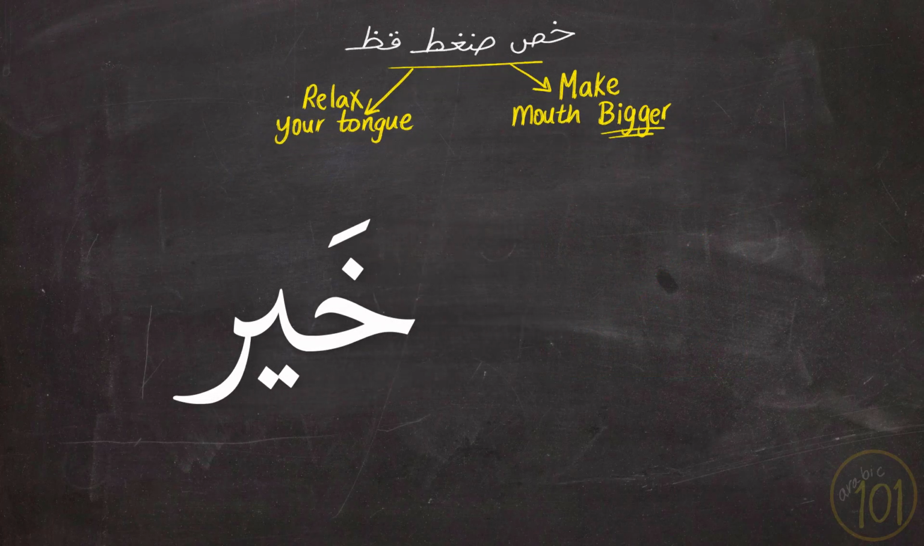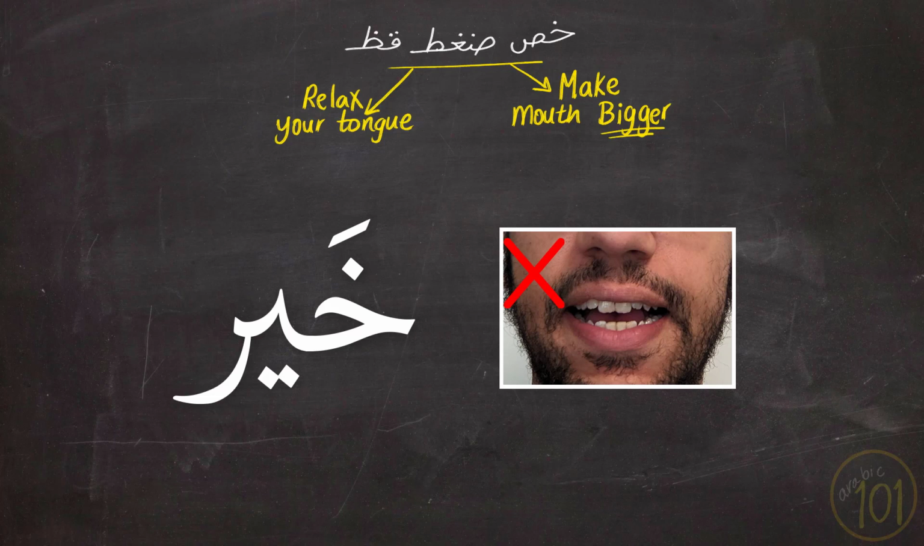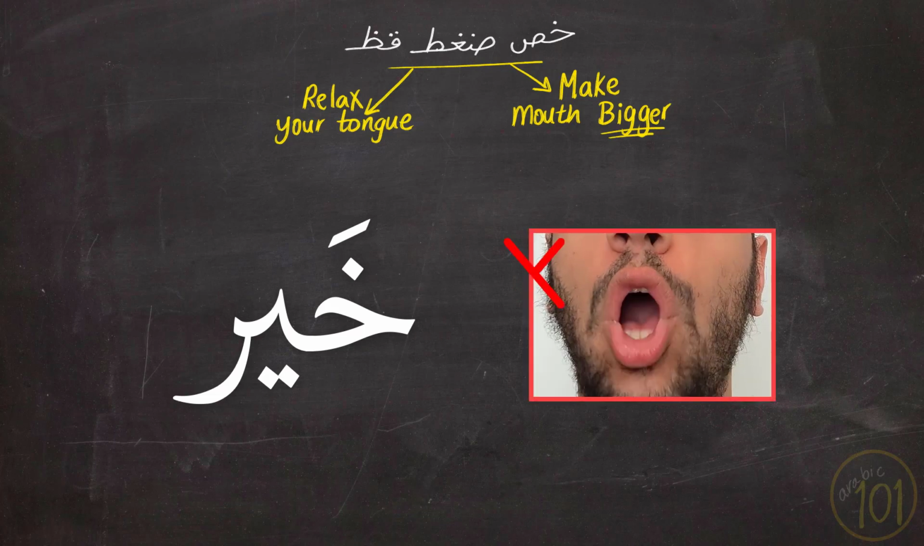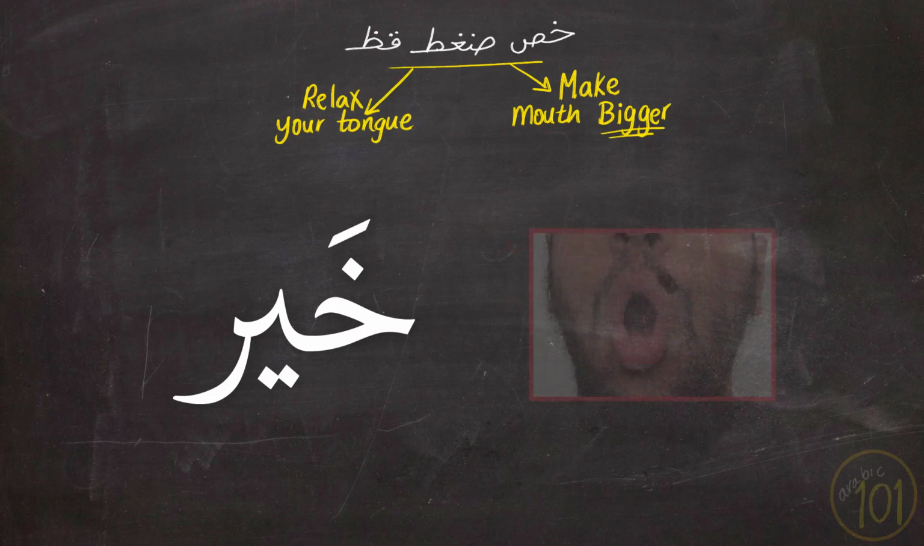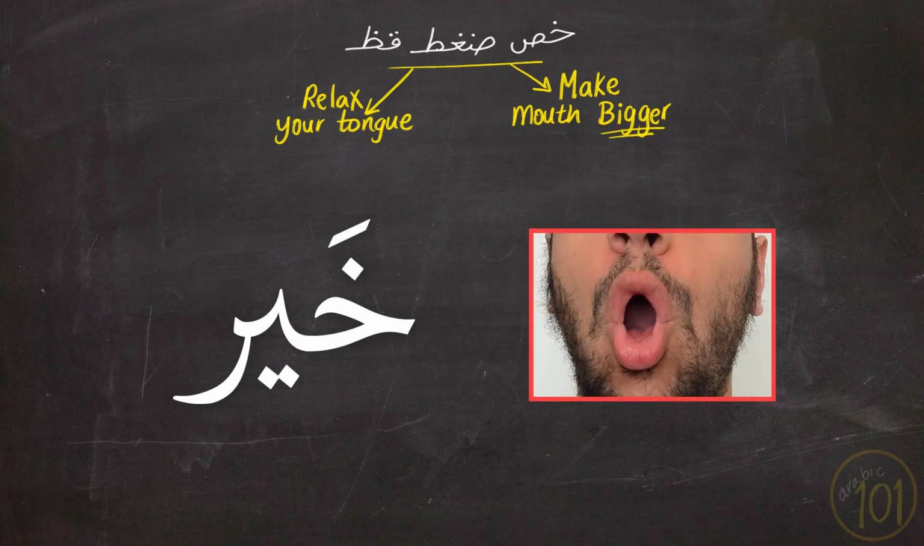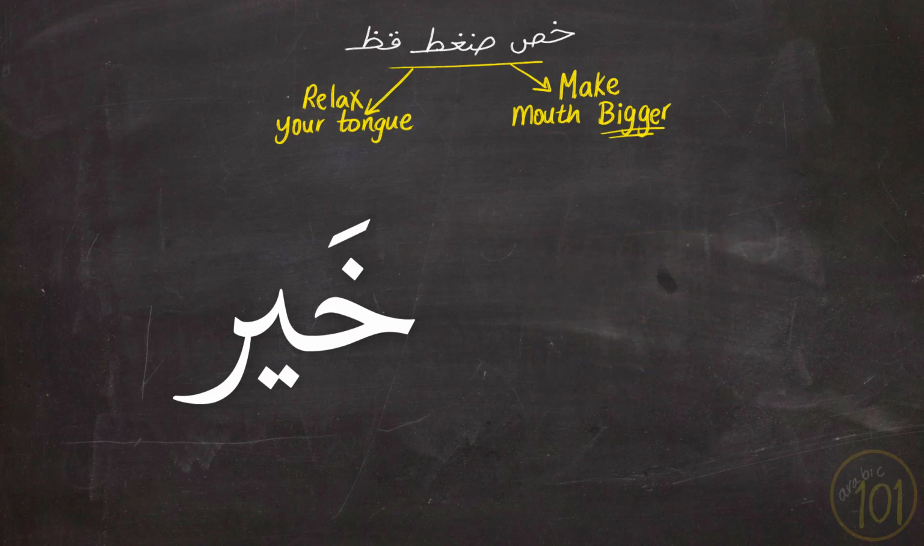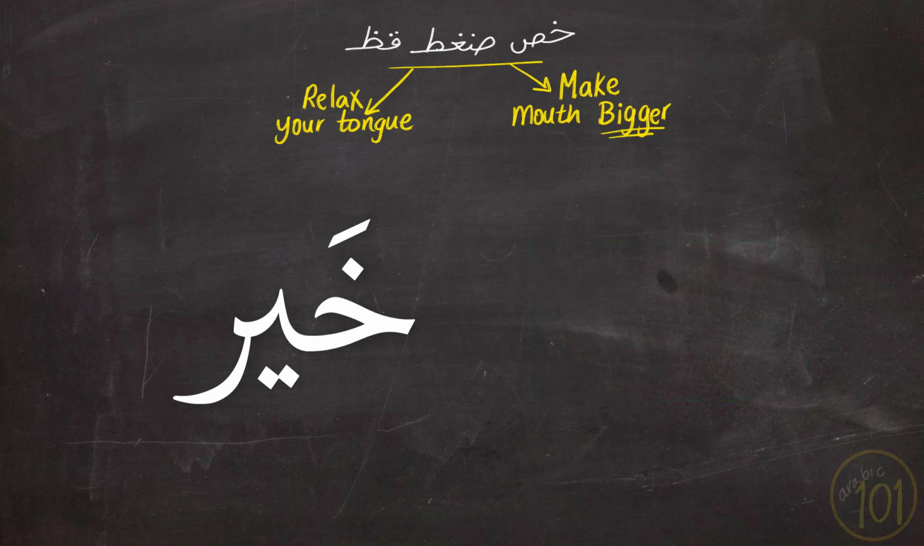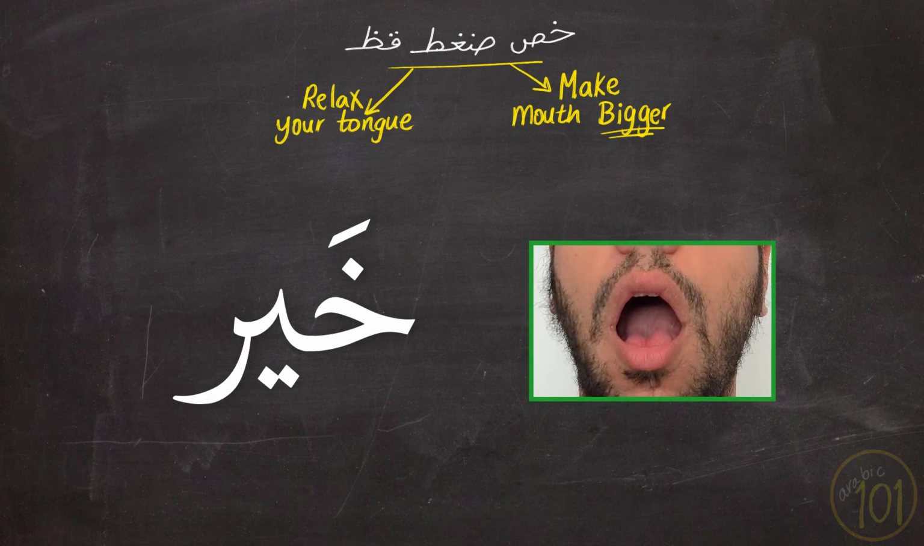This word is not khayr. Now that is an empty mouth kha. That is not correct. And at the same time, it is not khayr, which is adding an O to the beginning of the letter, and that is not correct either. But we should pronounce this word as khayr. The mouth is open, but the lips are not rounded, and there is no O added to the beginning